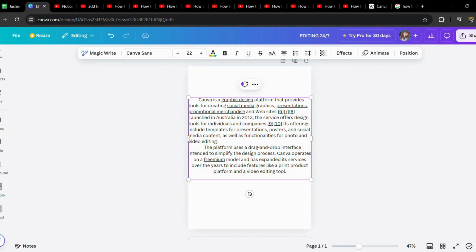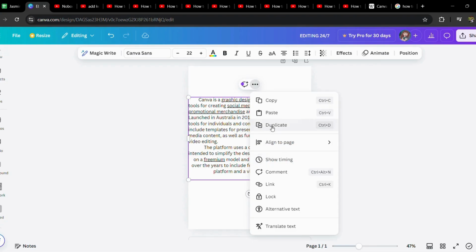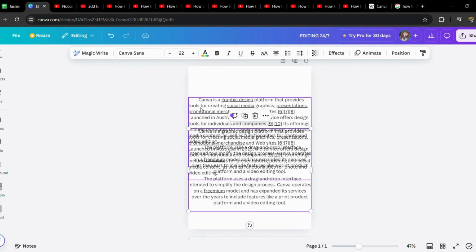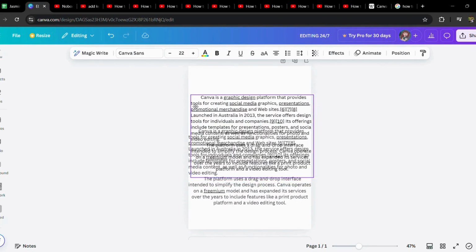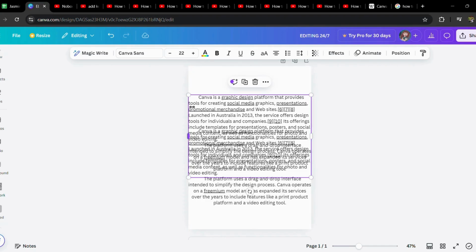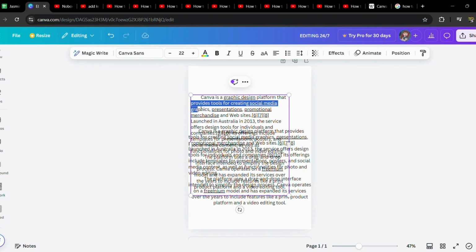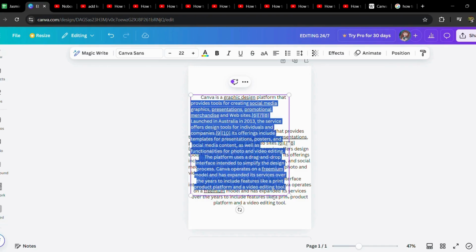So suppose you wanna create an indent, all we have to do is duplicate this one. Let's duplicate, and as you can see, all we have to do is from the first text, let's select and let's delete all the rest of the paragraph except for the first line,